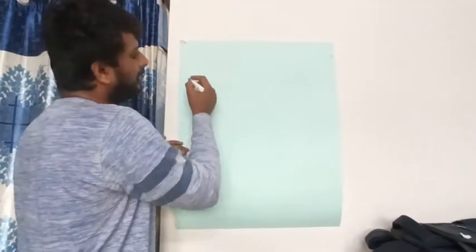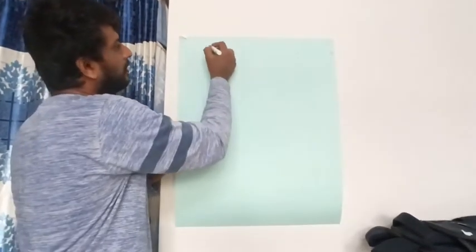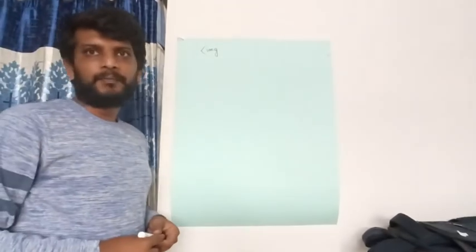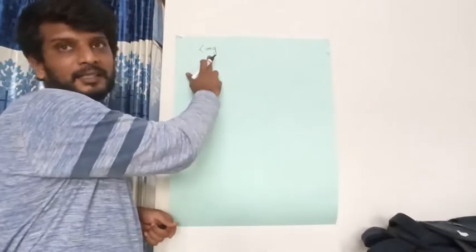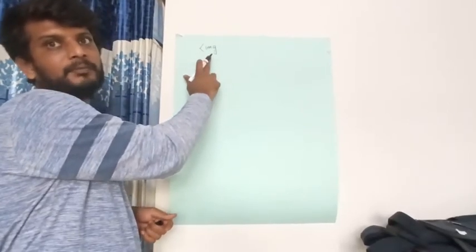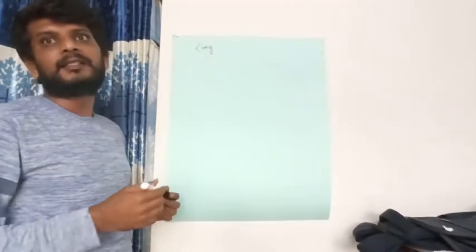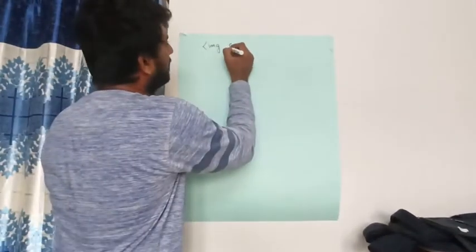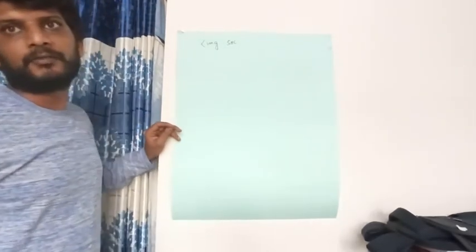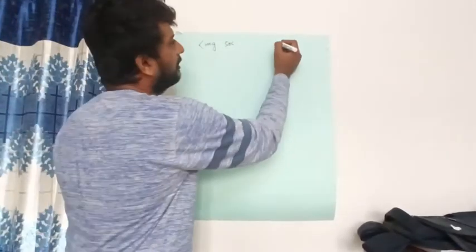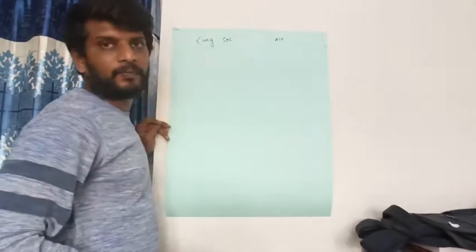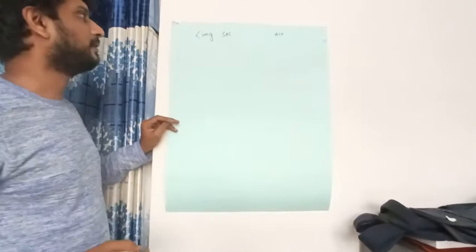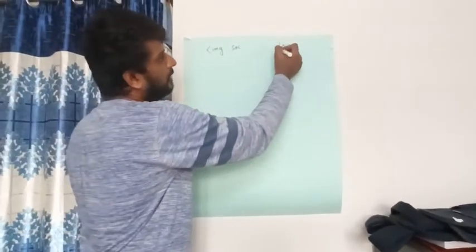Firstly, whenever you want an image to appear on the browser, you will make use of a tag called img. So img stands for image. This tag will be taking two attributes. The first one is called source, and the next one is called alt. Alt stands for alternative text or alternate text. Now why do we need to make use of alternate text? Let us see that.